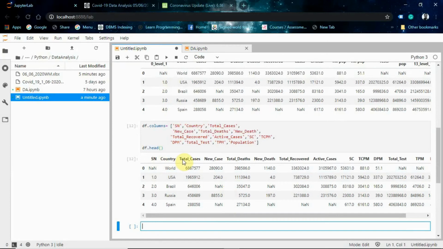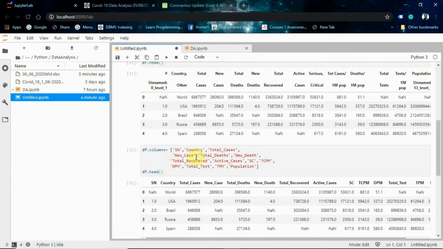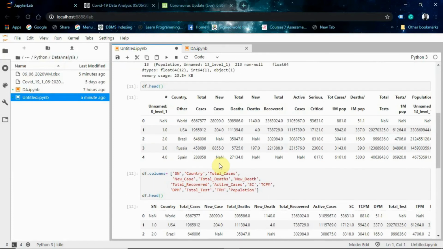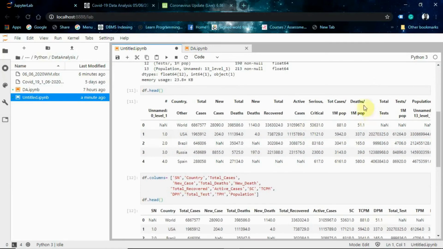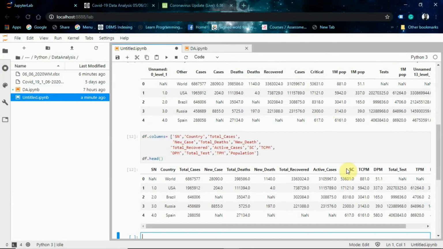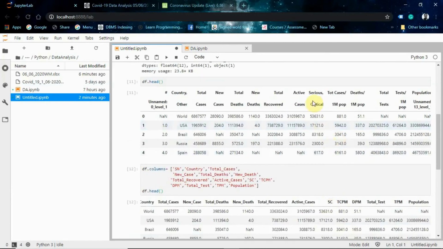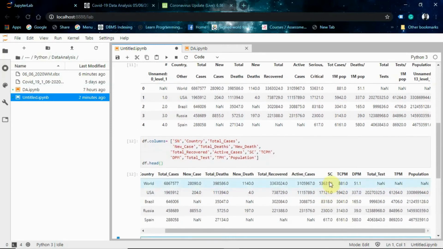Now if I run this code, look, the multi-level header is changed into a single-level header in the normal form, which is what we're going to use. We have some unnecessary data that I personally don't want to process. Just like here was Serious, Critical, so I just renamed it as SC because I don't want to use it. If you want to use this data, just give it a sensible name. Since I don't want to use it, I just renamed it in the short form.